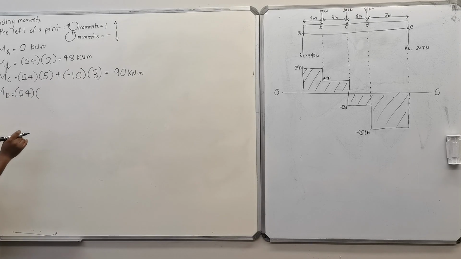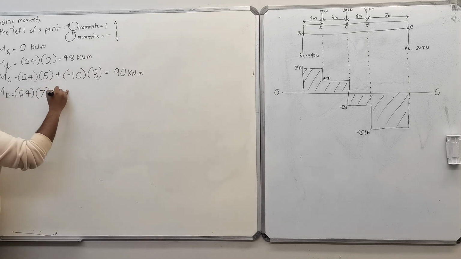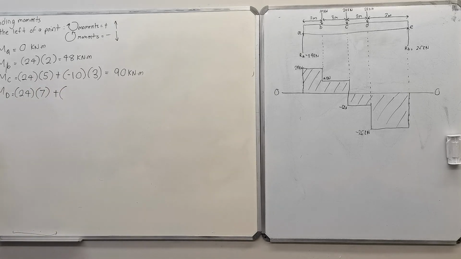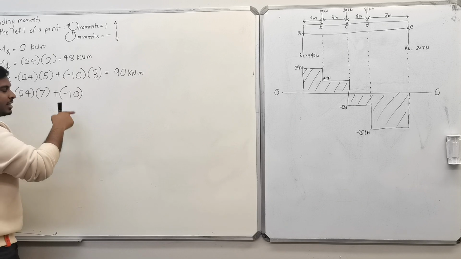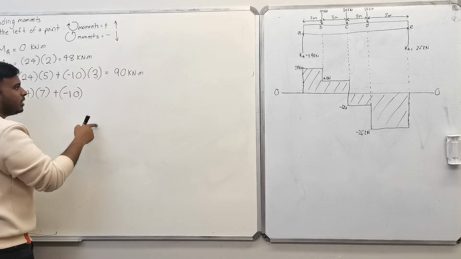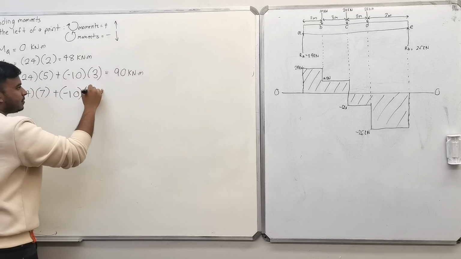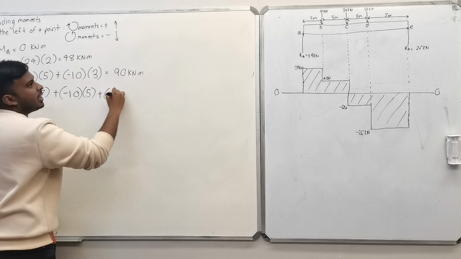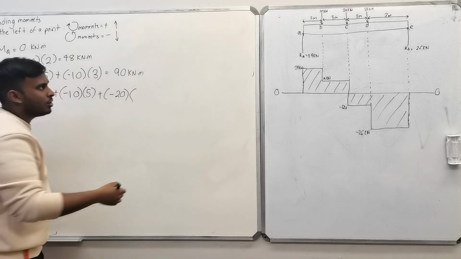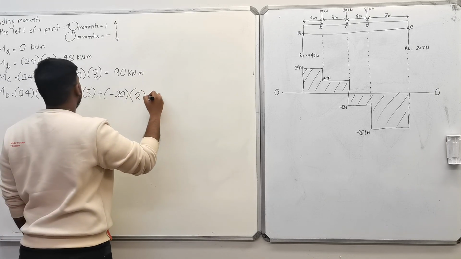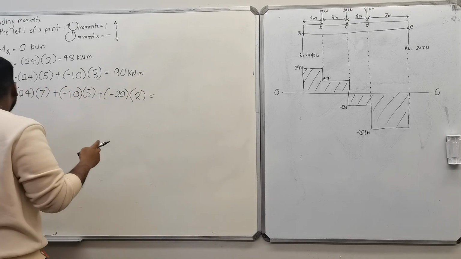Plus your first downwards force, the magnitude would be a negative value. So negative 10 multiplied by how far is that 10 from your point D? 5. Plus negative 20. And how far away is that from point D? 2. So this would be equal to